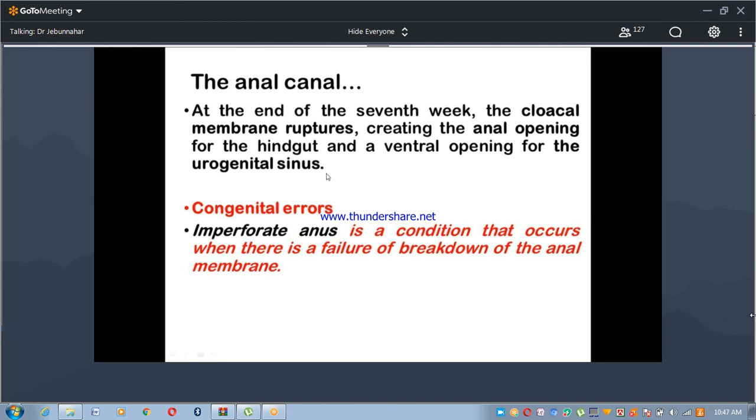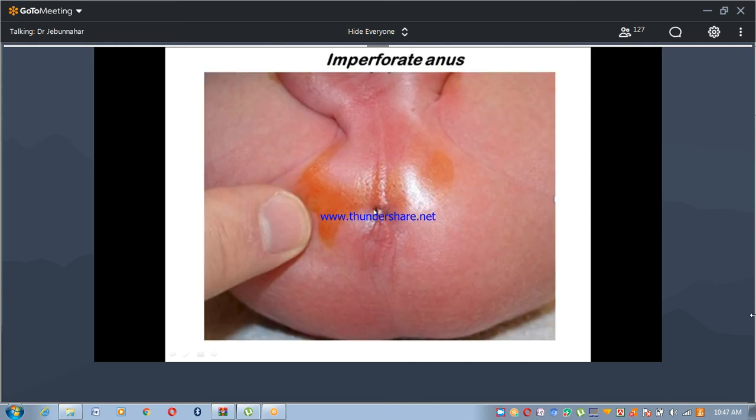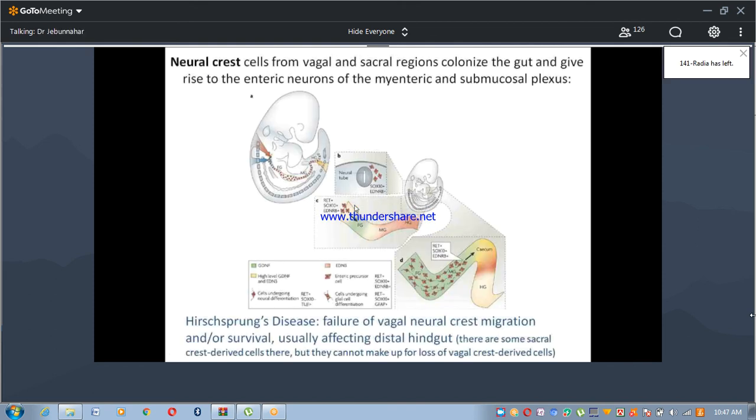So at the end of the 7th week, the cloacal membrane ruptures, creating the anal opening for the hindgut and the ventral opening for the urogenital sinus. So what are the congenital errors in the anal canal? Imperforate anus is the condition that occurs when there is a failure of breakdown of the anal membrane. This is imperforate anus. Anus perforate করেনি।